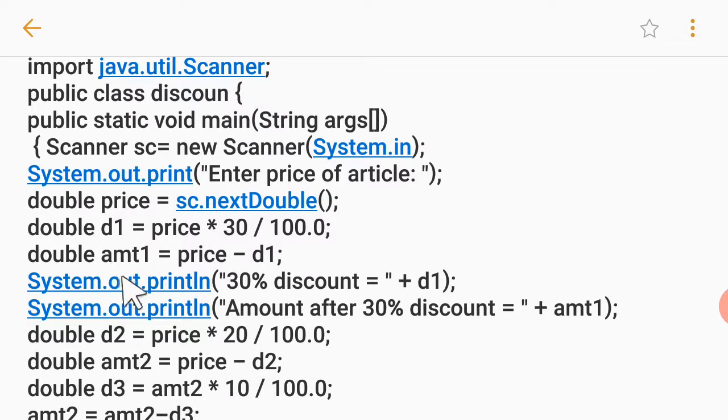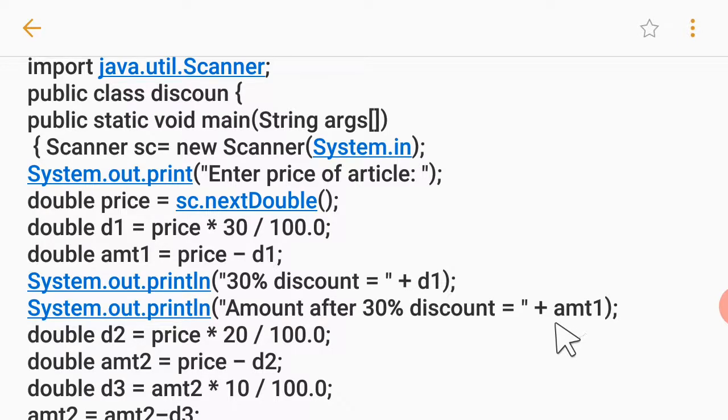Then we have double amt1 equals price minus d1. Then System.out.println 30% discount equal to plus d1. After that, System.out.println amount after 30% discount is amt1.